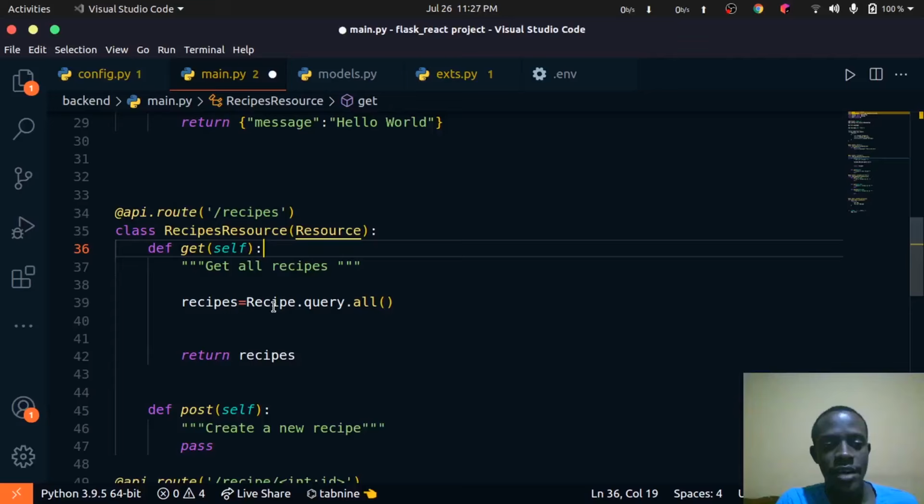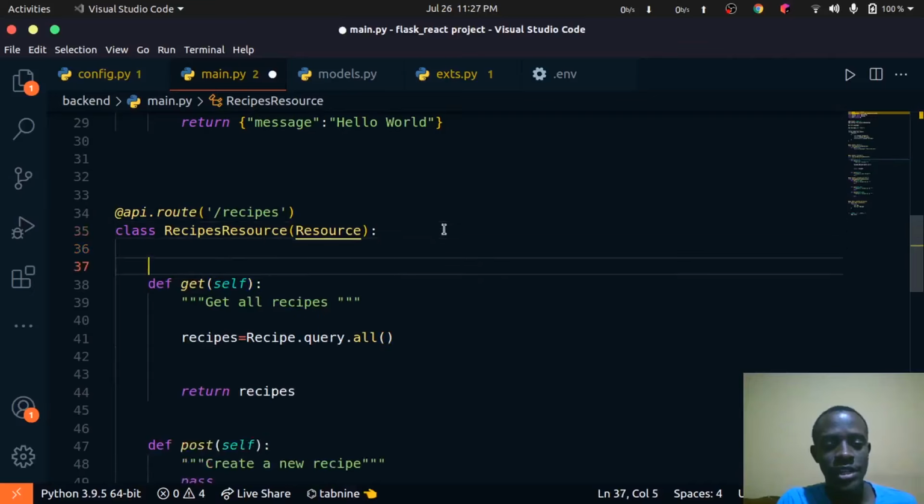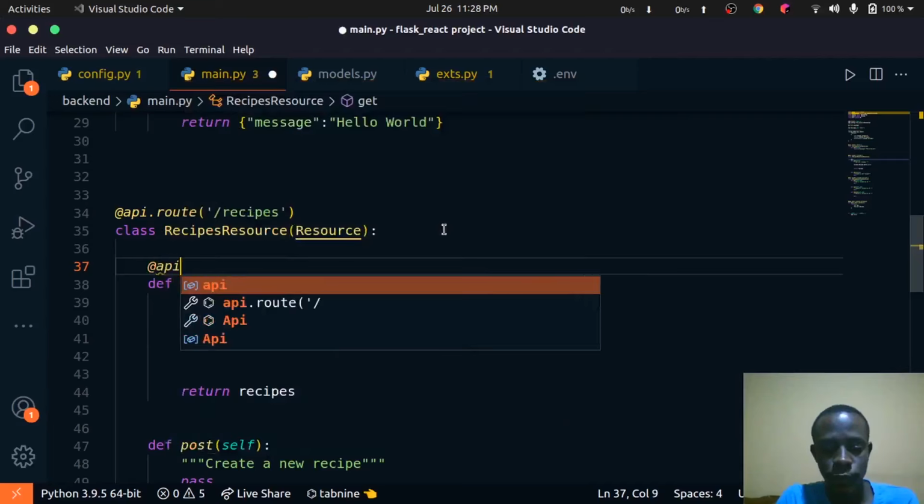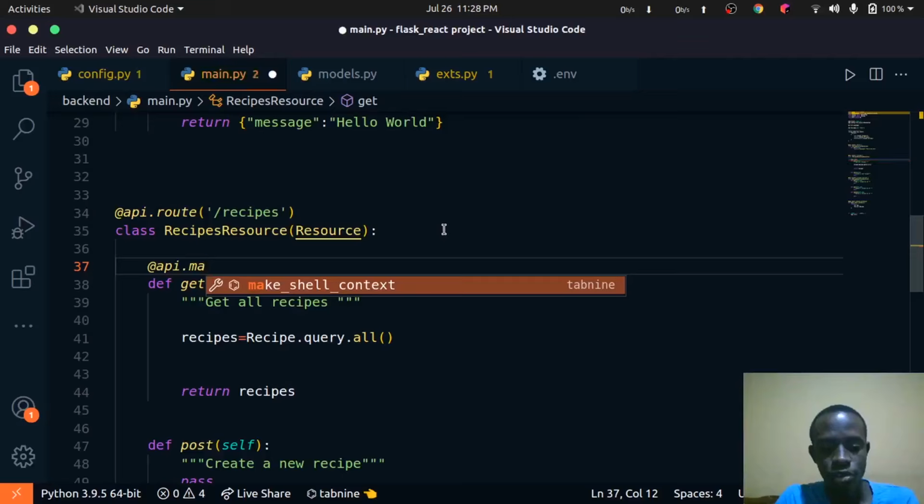So to do that, I'm going to decorate this method or this function with our serializer. So I need to say @api.marshal